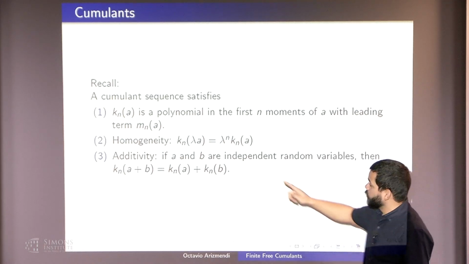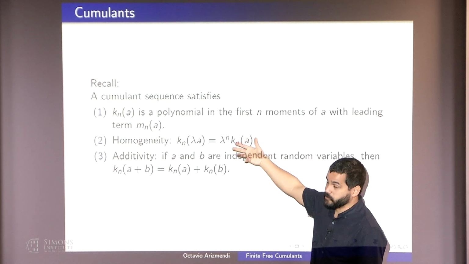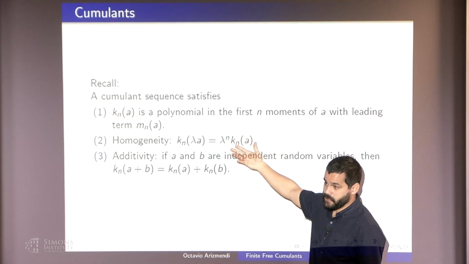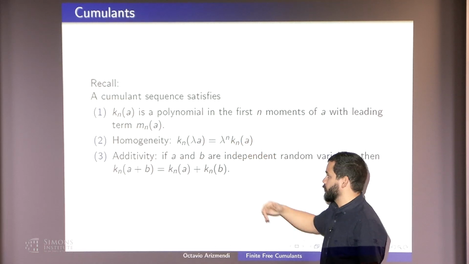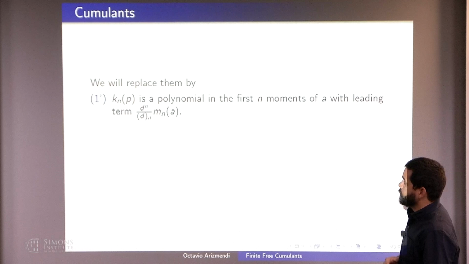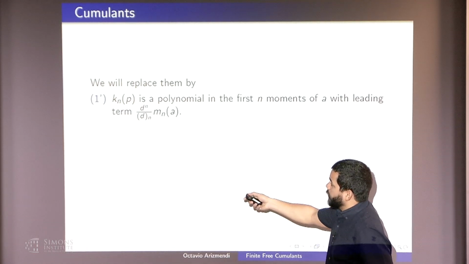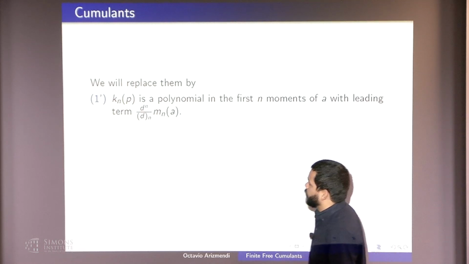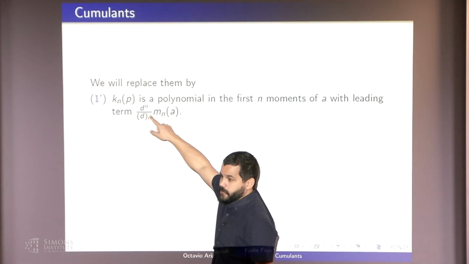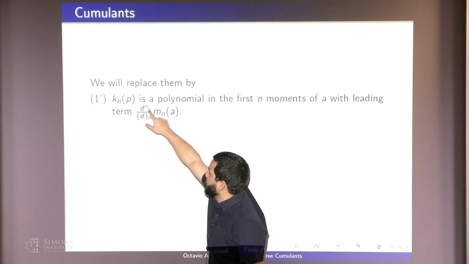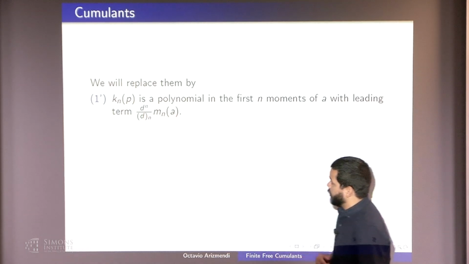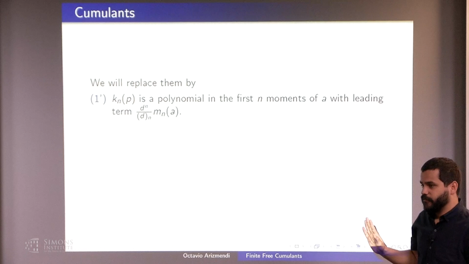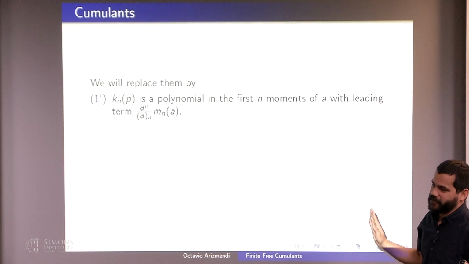And here I need to know what multiplying by a constant means. And the third one is exactly the same. So here, just for one, I replace by 1 prime, and here I put not a monic polynomial, but a polynomial with this coefficient in the leading term. This is just for convenience, just because the calculations are simpler.